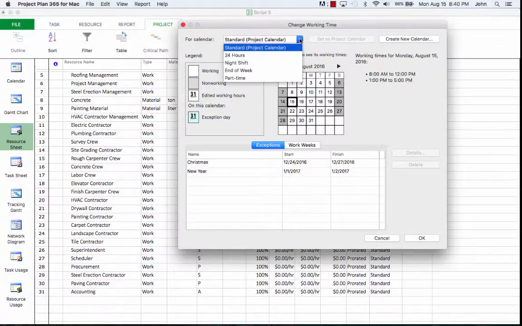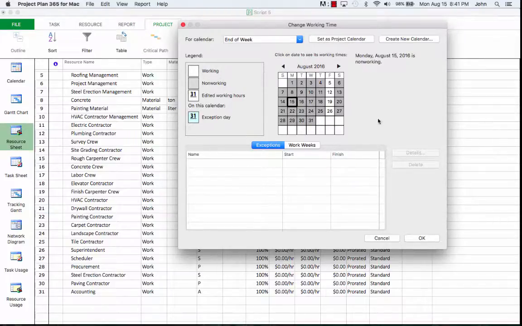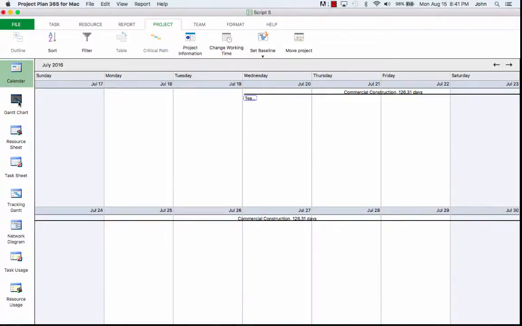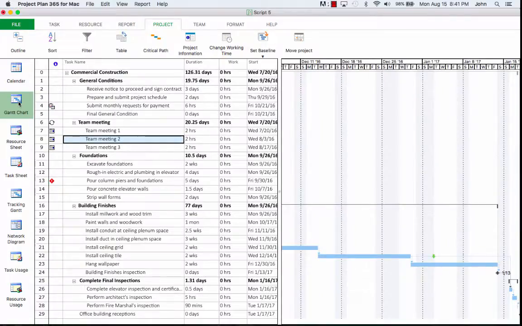Now I've already taken the liberty of creating one here called End of the Week. So we'll go ahead and select this to show you what that looks like. And as you can see, this calendar indicates working days only on Fridays. Now to assign a calendar to a task, we're going to press on the task information button here for a particular task. For this, we'll select this one